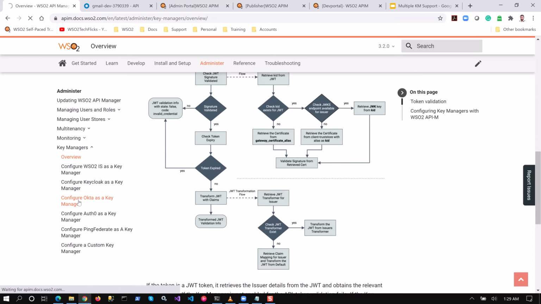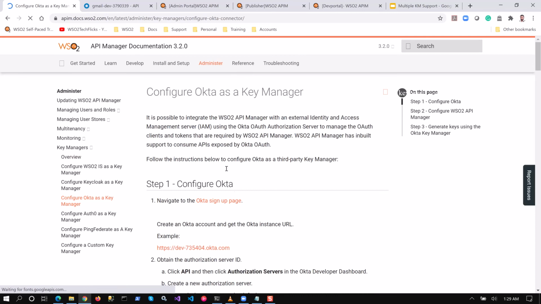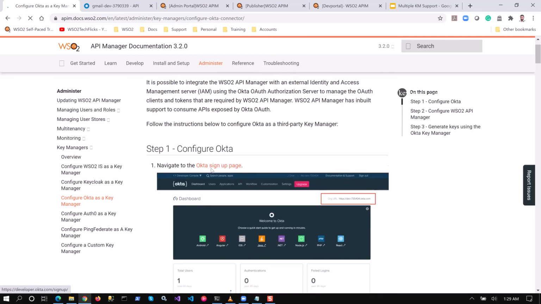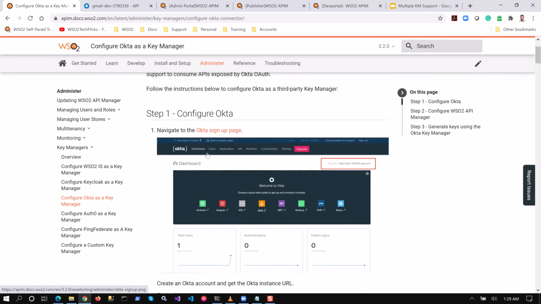So what I have done is I have actually gone through these initial steps of configuring the Okta side. So you can always go through these steps. It even includes links to sign up for a developer account with Okta.